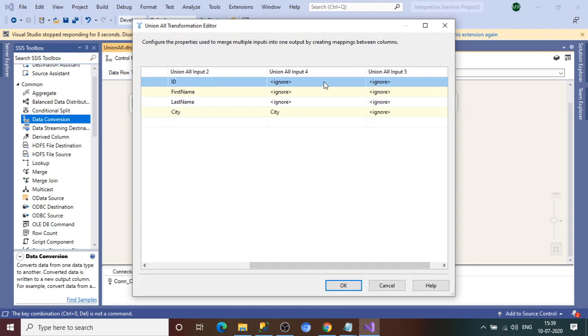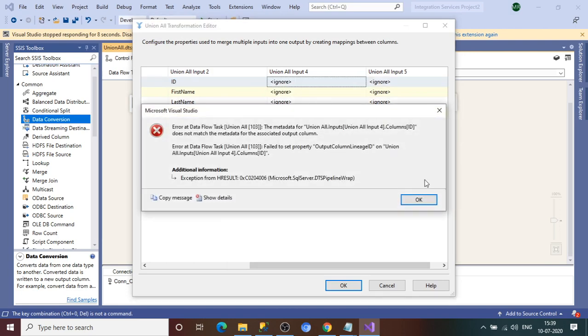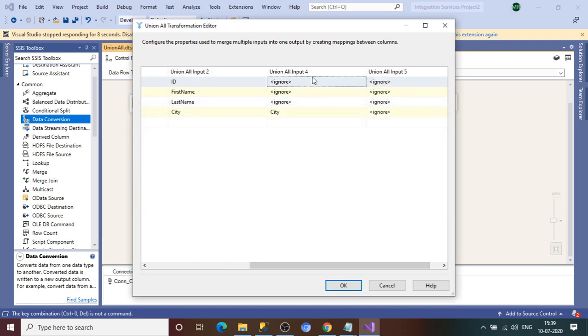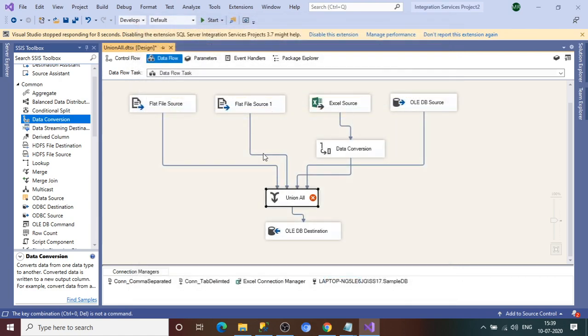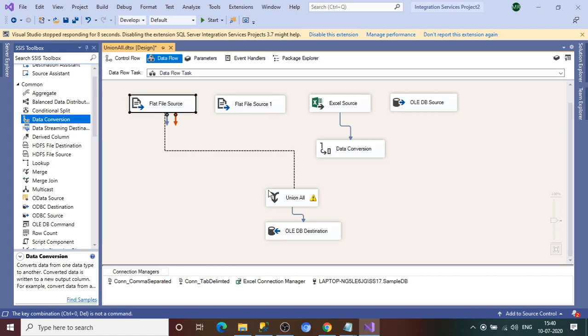Here, if you see, union all input 4, so here this is 1, 2, 3, 4 and 5. Instead of renaming, we can delete everything, because now the data is correct.